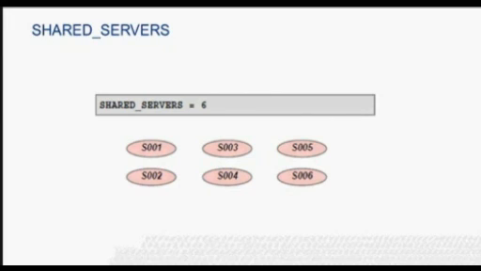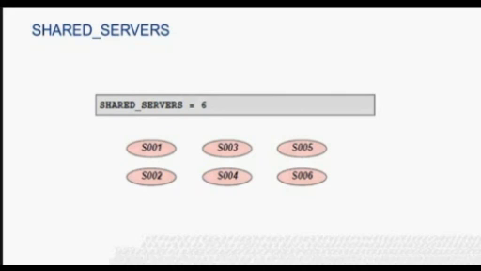It is best to estimate fewer initial shared server processes. Additional shared servers start automatically when needed and are deallocated automatically if they remain idle for too long. Note that the initial servers always remain allocated even if they are idle. If we set the initial number of servers too high, our system might incur unnecessary overhead.